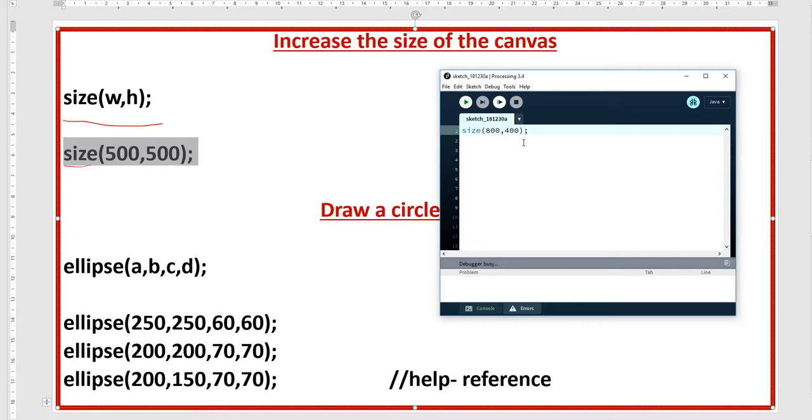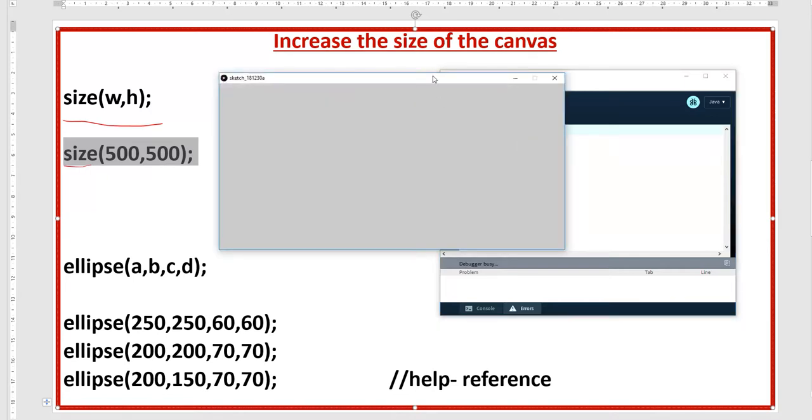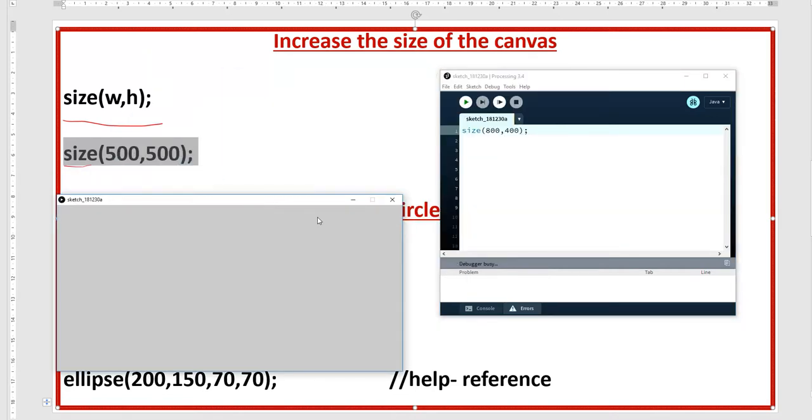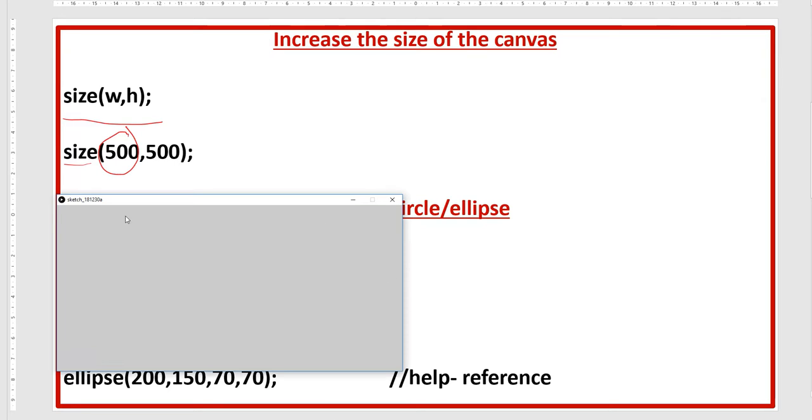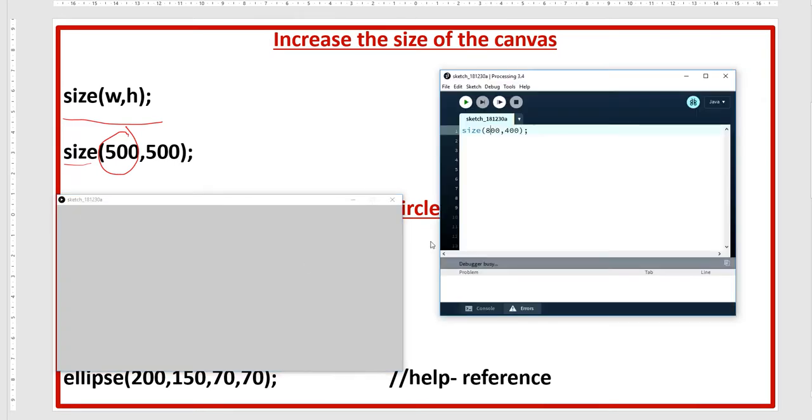The first one is the width, and this is the height. So here we have the width 800 according to our size, and this is the height, right? So this is the function or command to increase the size of the canvas.